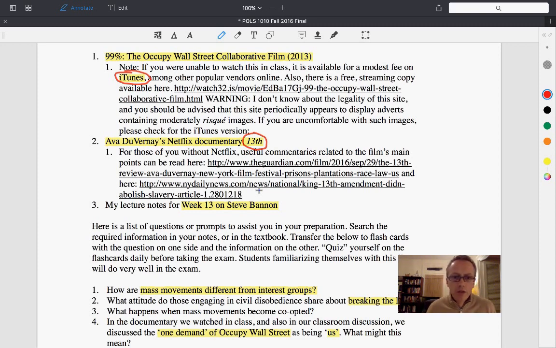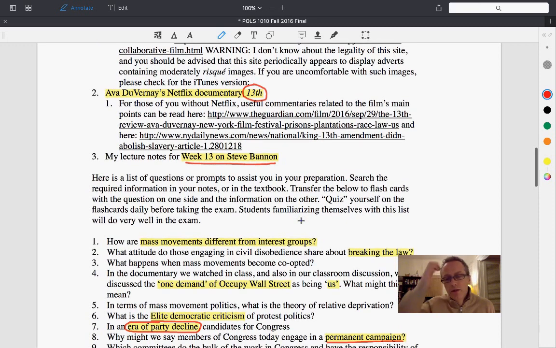And then, of course, I've put my lecture notes for week 13 on Steve Bannon, tracing the line of conservative thinking from Edmund Burke to the rise of the alt-right, and asking this very simple question, as I did in my lecture. What would the founding father of conservatism, Edmund Burke, say today about the emergence of the alt-right and this striving that the alt-right seems to be articulating for an ethnically pure, or more homogenous, rather, maybe